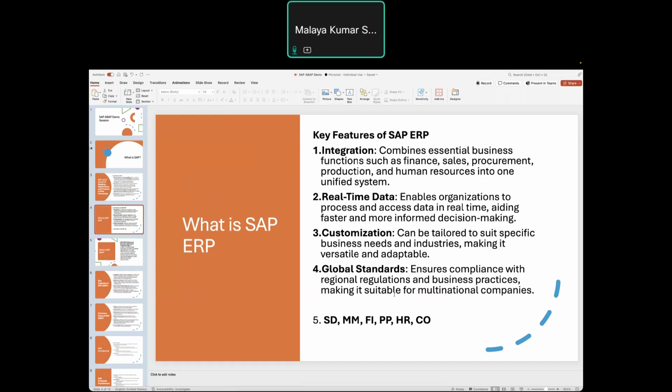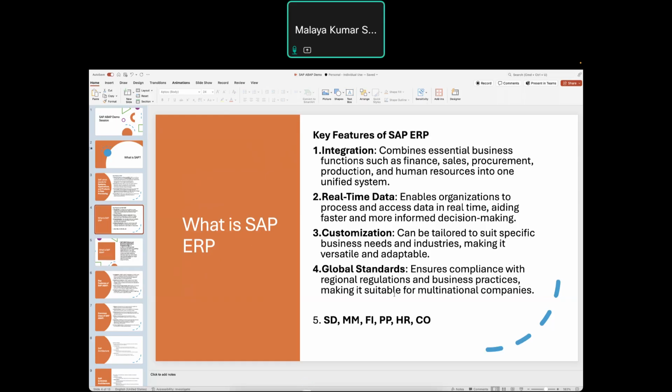Next is the global standard. It always ensures how you are doing your business globally, and based on that it gives you the package. Suppose we are in India and we have a tax like GST, right? In GST, we have different kinds of slabs.